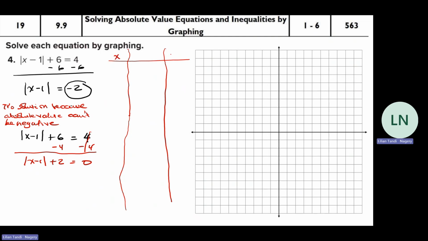This is x, this is y. Absolute value x minus 1 plus 2. Okay, I start at -10,